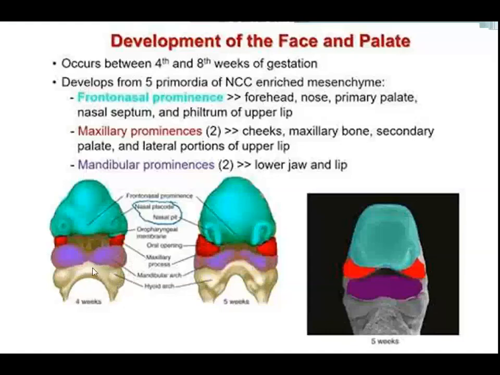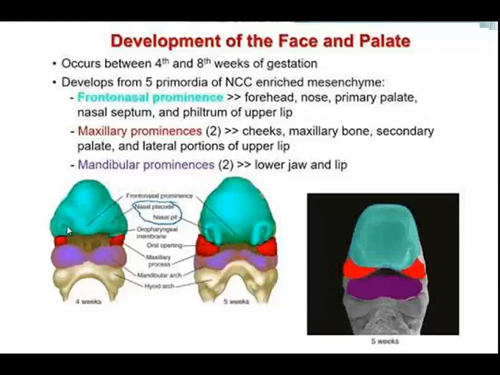The mandibular arches form the lowest inferior wall, and that is the first pharyngeal pouch. Then on the lateral sides we can see the maxillary prominences, that is the dorsal portion of the first pharyngeal arch, and that is the frontonasal prominence. So 5 prominences we can see here, and that is the oropharyngeal membrane. If you remember, that was an ectodermal, endodermal thickening. Then we will see the appearance of the nasal